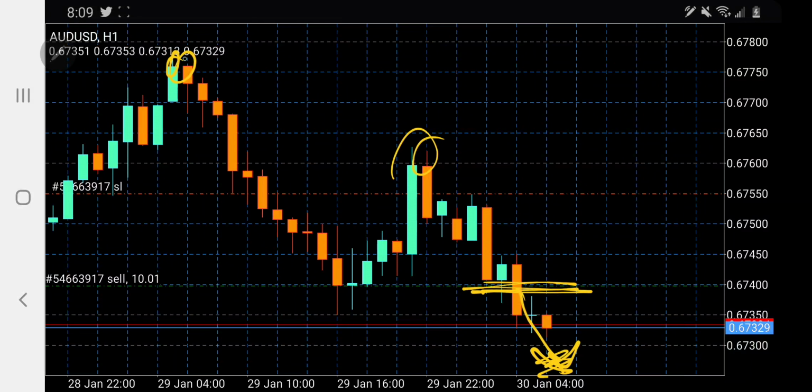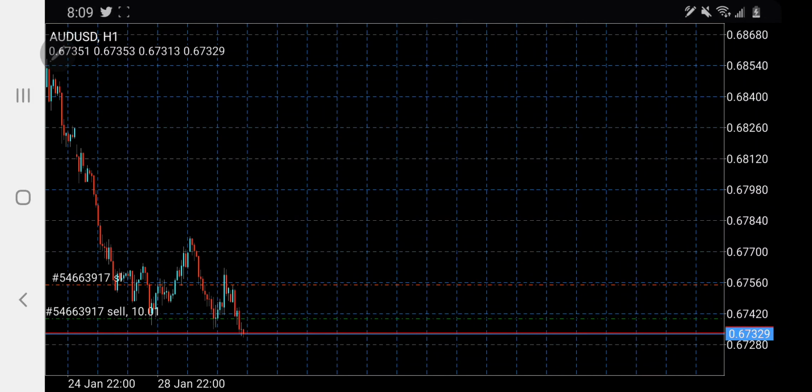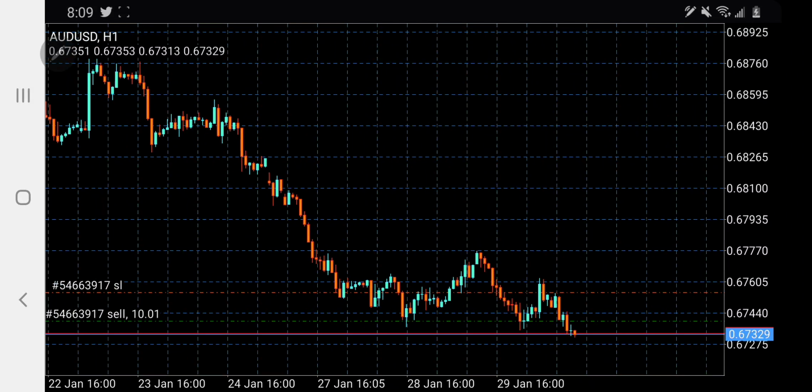Feel me? You could start selling up here, start selling right here, sell right here. Could've sold right here. So just showing you a few different plays. All right, so this is the hour. These are in profit. It's not enough to trail a stop just yet, but once we get a break, then you can trail a stop on that.